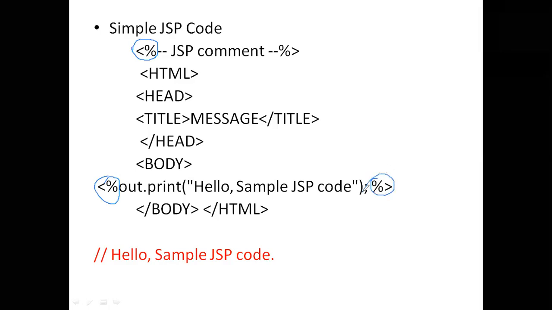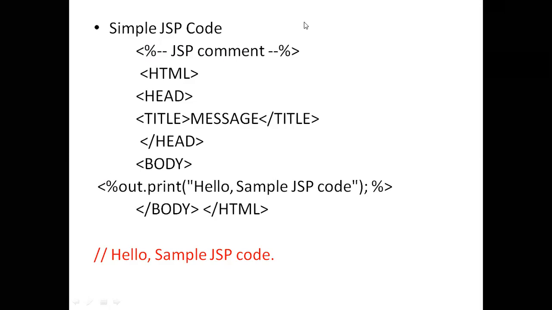These are called the JSP tags, which bring specific meaning inside your JSP code, because whatever is written inside them is now Java code. For example, if you see here, angle bracket percentage, here is a JSP comment. So if you want to write some message or a comment, you have to use this particular tag.